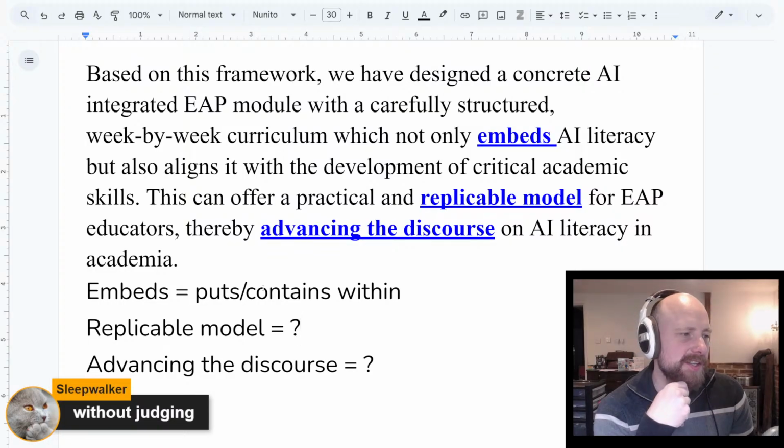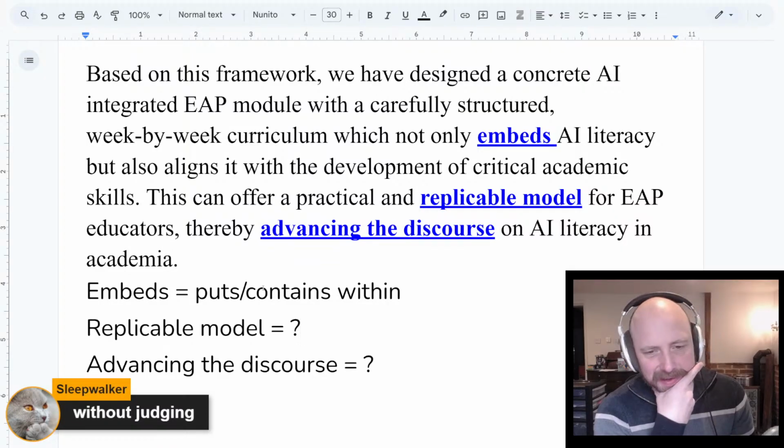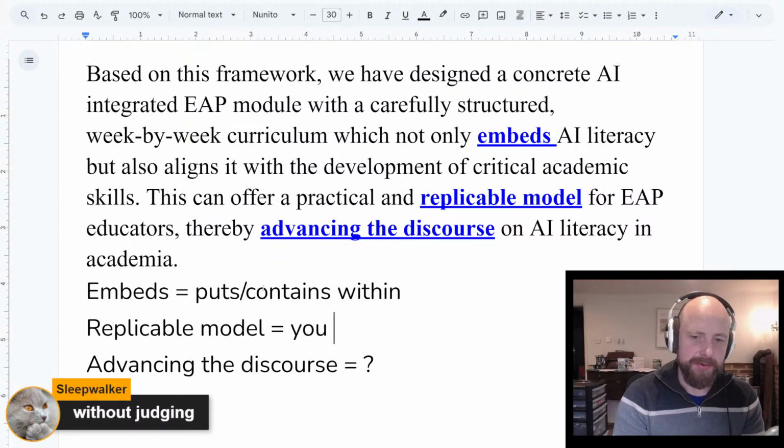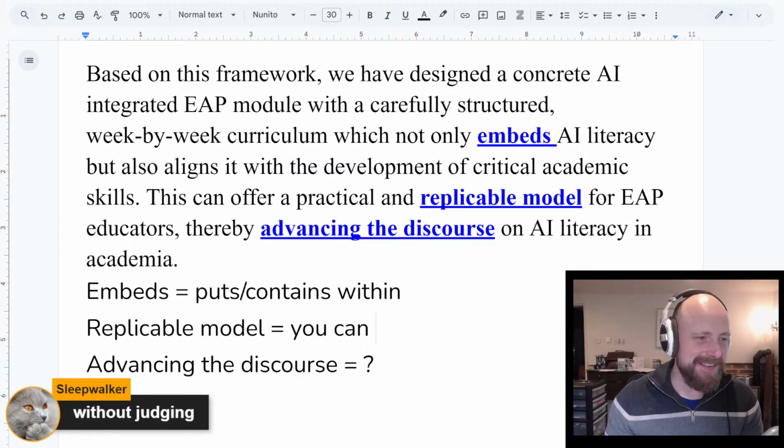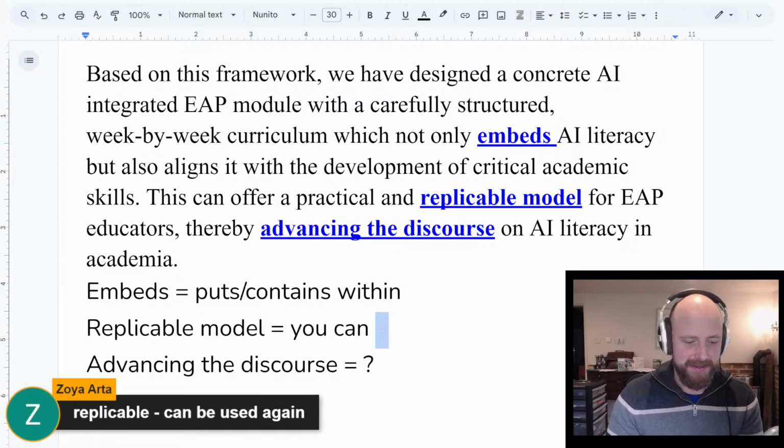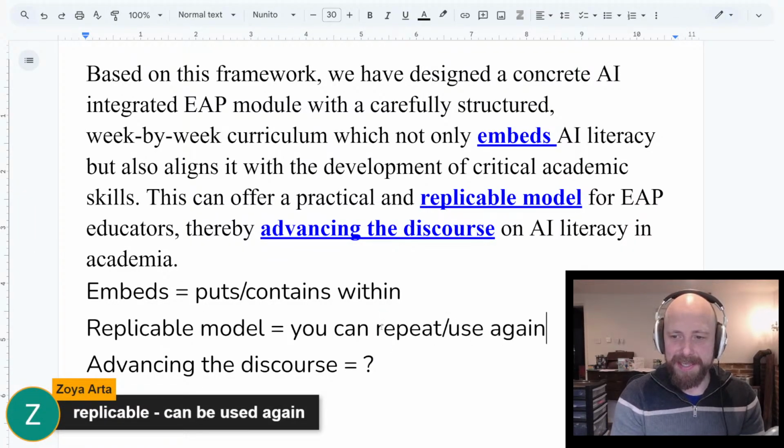Remember, able means you can, and replic is from replicate. So what does it mean? It means you can be used again, Zoya. Well done. You can repeat or use again